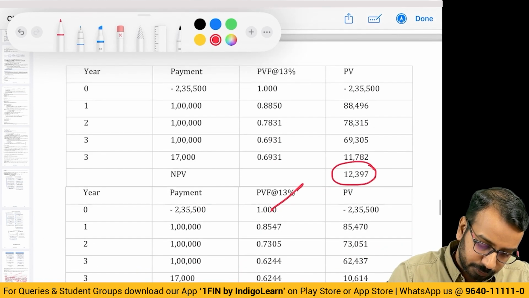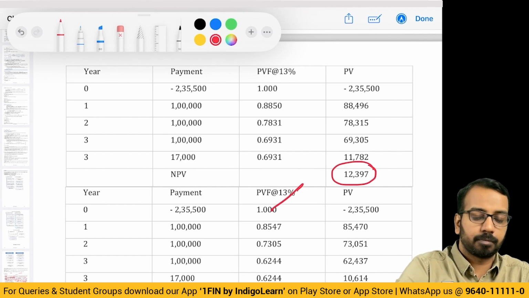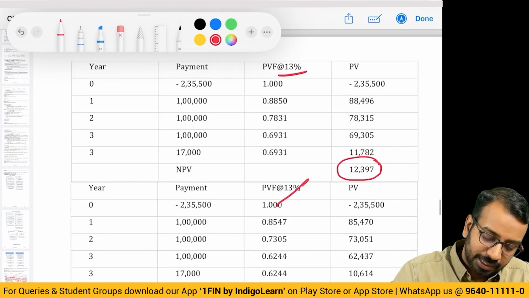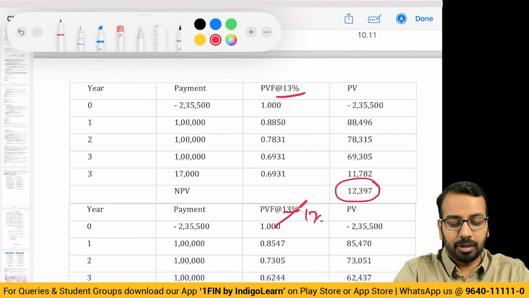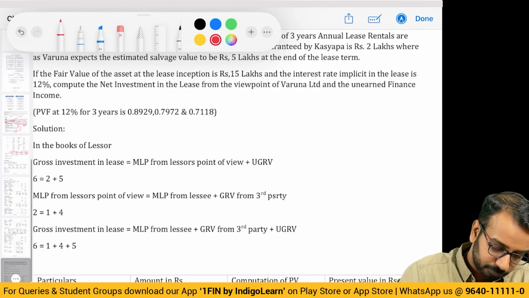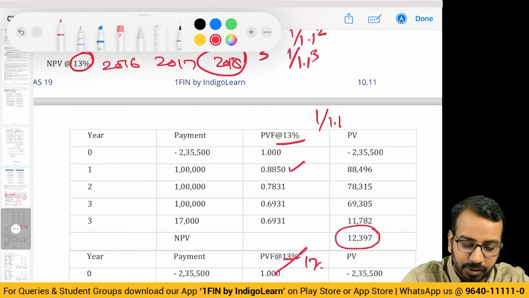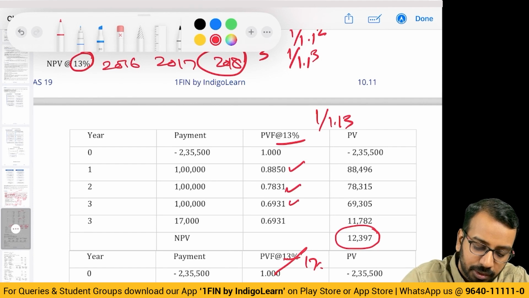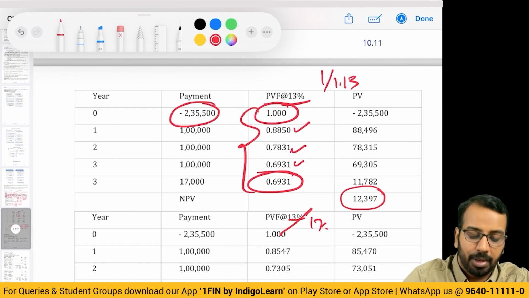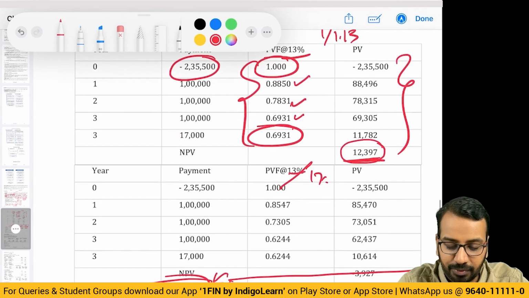This is not 13%. This is 13%. This is 17%. Okay. So you'll use the calculator. You will do 1 divided by 1.1. First time when you get 1.13, first, second, third, and this is also the third year, right? So you calculate the present value factors, multiply with the payments, you will get the present value. So present value at 13% comes to 12,397, and